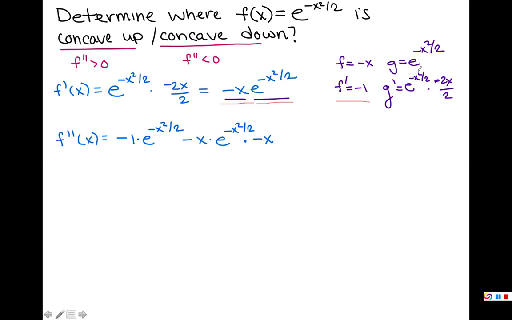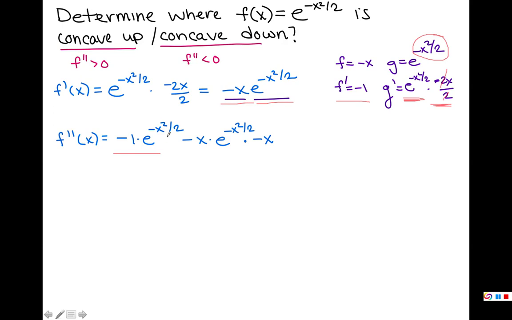G prime, technically we already computed this, but I'll do it again. We use the chain rule here, so we have e to a power. I just copied that down. Then I have to multiply by the derivative of the inside. The inside is the exponent, so I have to multiply by this negative 2x over 2, and then I would cancel those 2's out. And so now my second derivative is going to be f prime times g